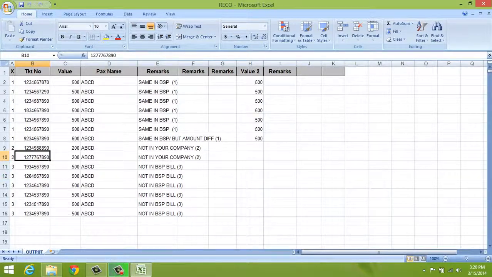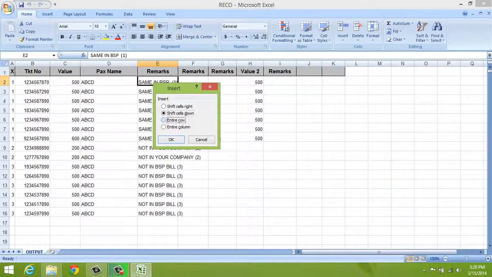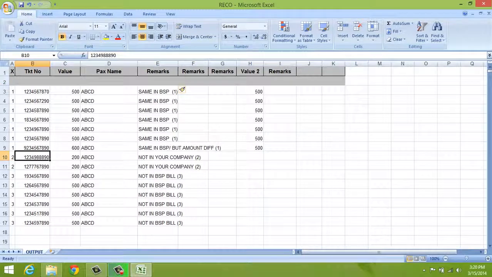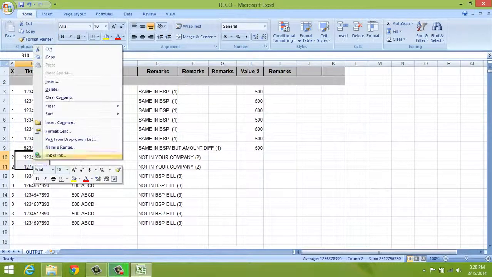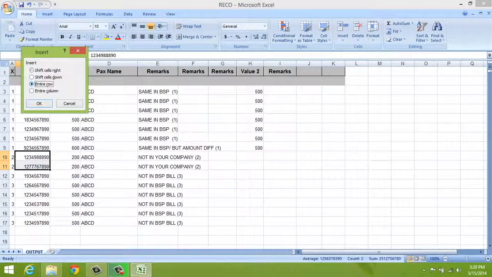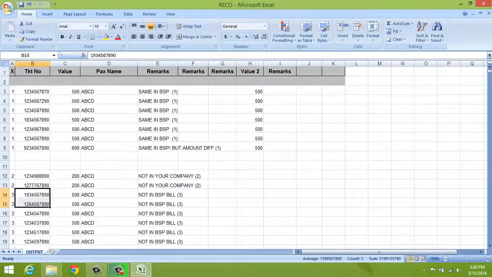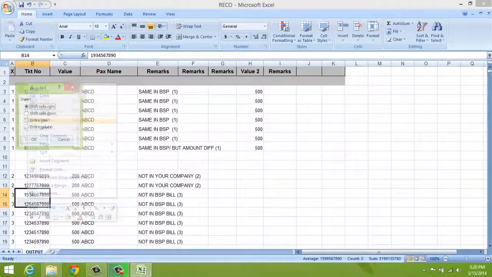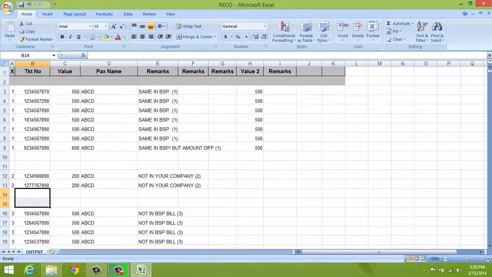So we can check the accuracy of that by pressing insert row here and segregating these items, insert a row here also. In the remarks I will put difference.